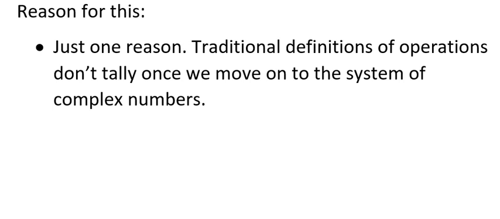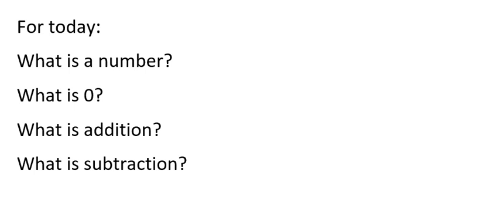I don't say everyone is going to think like that, but there is a certain group of people who are thinking like that. But the problem is, when you take it to complex numbers, when you look at 3 plus 4i times 5 plus 6i, for example, you don't even know what you're doing over there. This kind of an approach of adding things a given number of times and calling it multiplication doesn't work there at all. So that's one of the reasons we have to define something even when we are teaching it to a first grader in such a way that it will tally with concepts which we are going to learn even in a postgraduate. So in this video, we'll be looking at 4 questions, or rather the answers to these 4